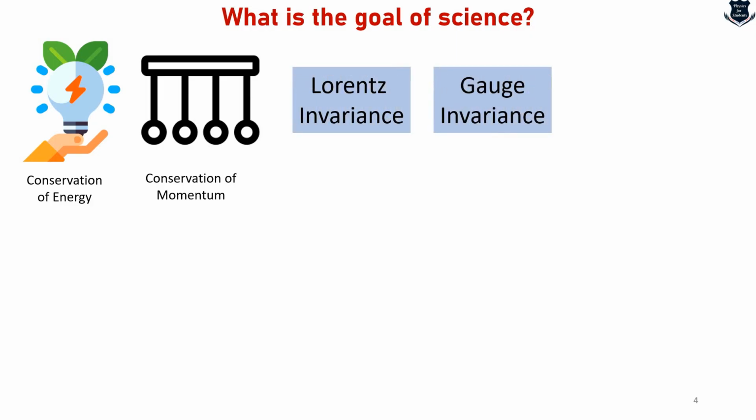Then we have Lorentz invariance, which says the laws of physics remain the same for all observers moving at constant velocity. And then we have gauge invariance, where in quantum field theory, the physical observables of a system should not change under certain transformations. And then we have tensors, which are exotic mathematical tools that measure changes in a certain predictable manner. So these are all examples that the entire endeavor of science is that whatever the transformation, the physical observables of a system should not change.